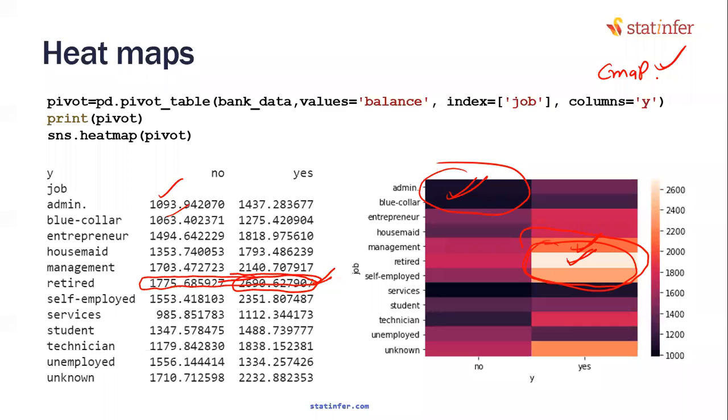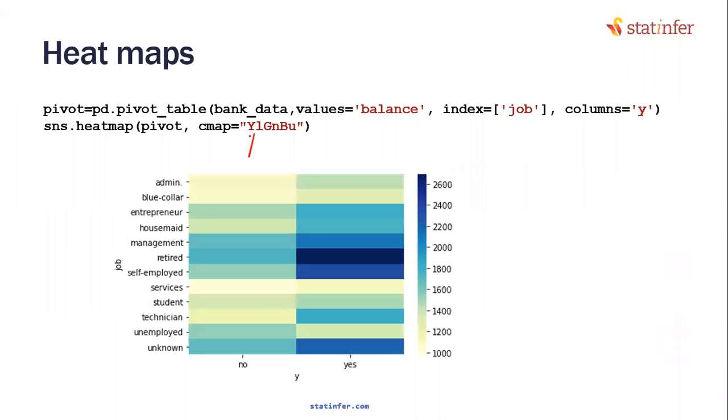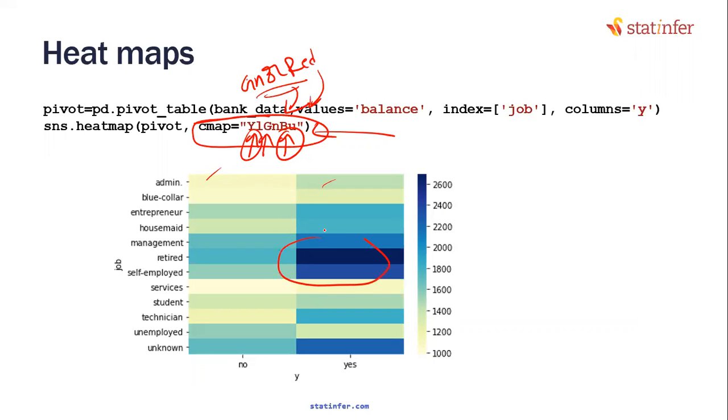I think 50 different color maps are available for you. You can choose one of them. The other cmap is, let's say, yellow, green, blue. Yellow is for the least one, maybe blue is for the highest one. If you want to suppress a few places, highlight a few places, then you can choose the right cmap. You may have to try 2 or 3 cmaps. The most widely used one is what? Do you know the most widely used one? Green, then amber or orange, and then red, isn't it? I'm not sure whether it is available here. Maybe with a different code it might be available. Then you can highlight this is hot over here and all that.